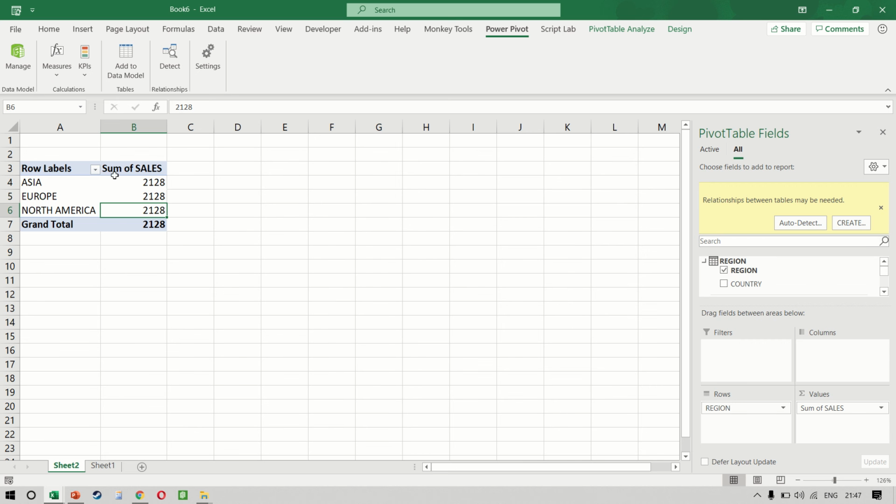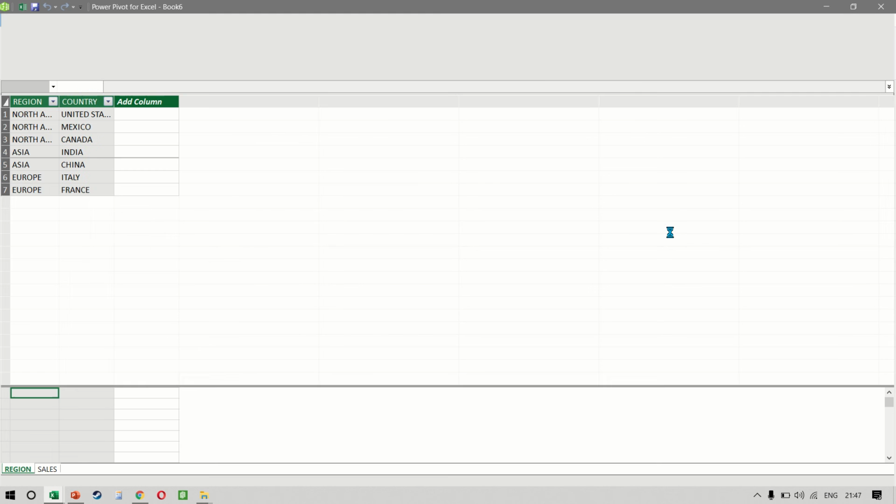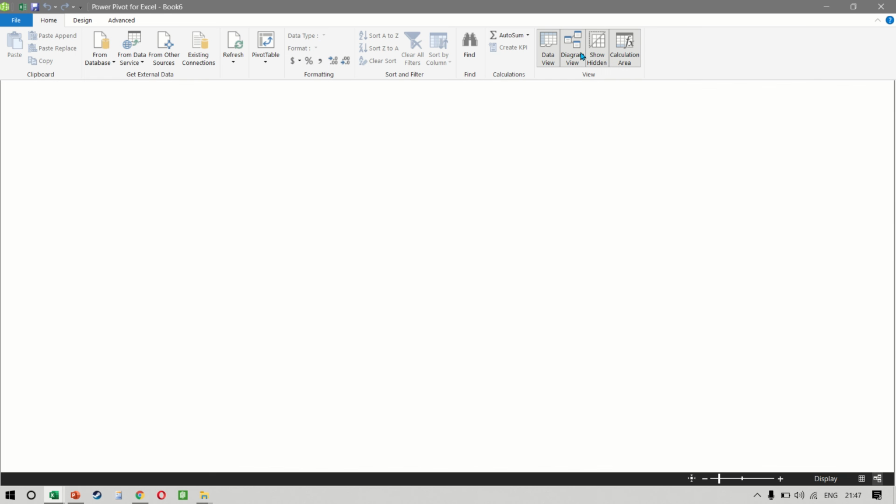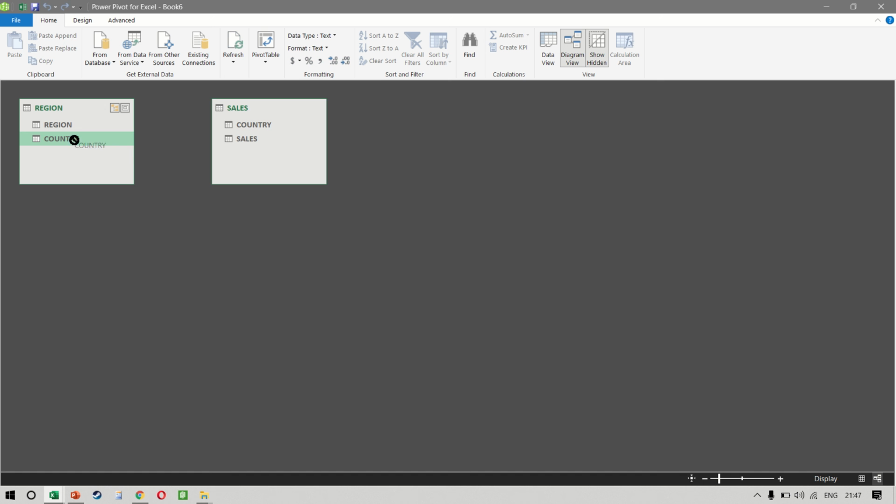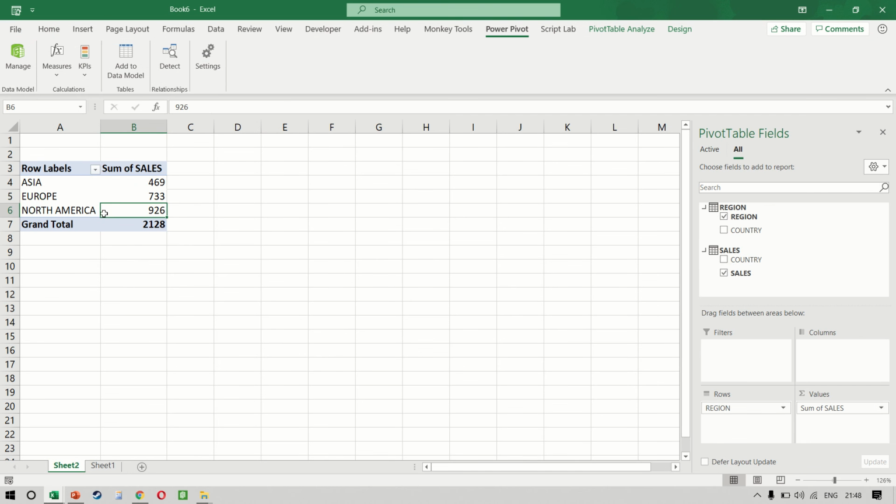So to do this properly, we go back to manage, go to diagram view, and then drag country on top of country. And the moment you do this and you close the window, you notice the pivot table comes back to life.